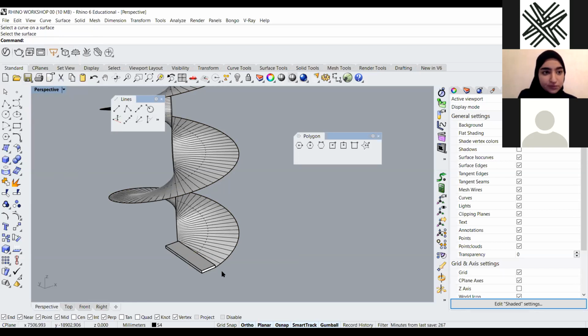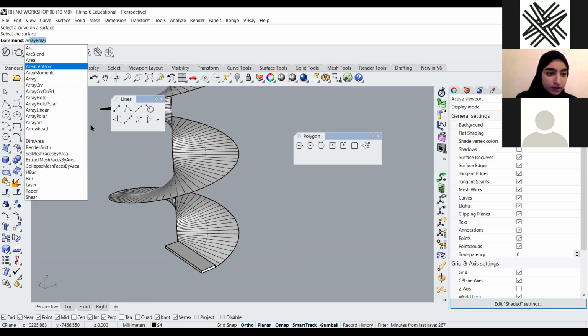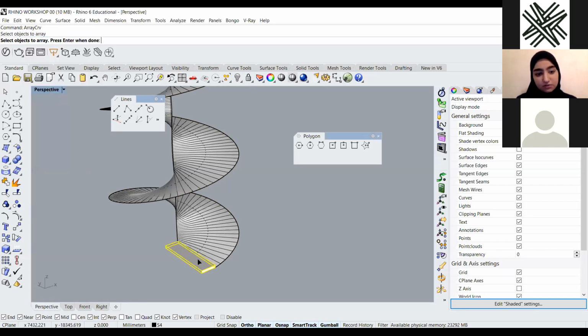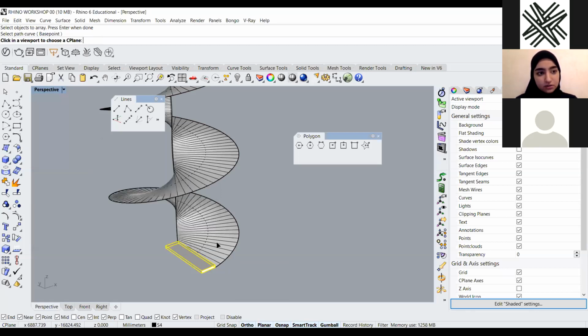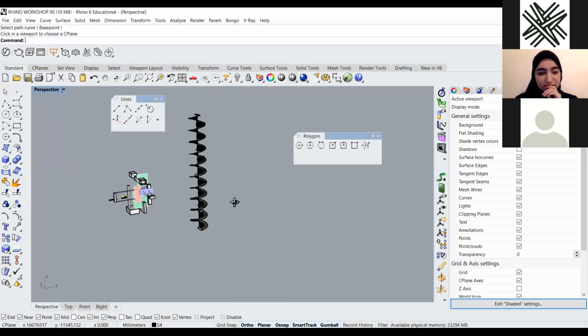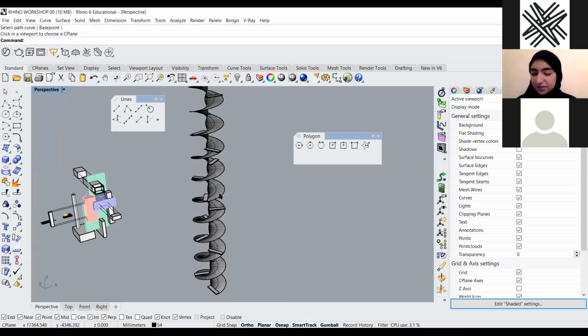No. Array surface, array curve. Okay. I'm gonna use rail light. Enter. Like on a viewport of just the seaplane. Kind of doing it, but I remember it's a bit